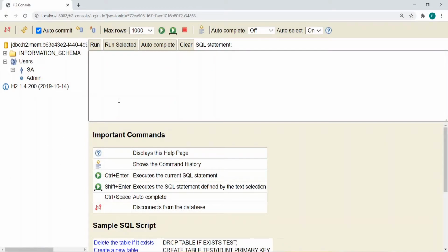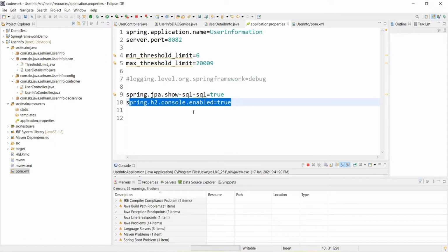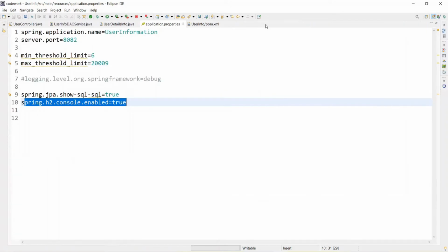So for now we have not created any table, so the user-defined table is not available over here. Once we create a table, all the tables or DB objects will appear over here, and you can execute any SQL query from here. We'll see all these things, but for now you need to learn how you can configure.